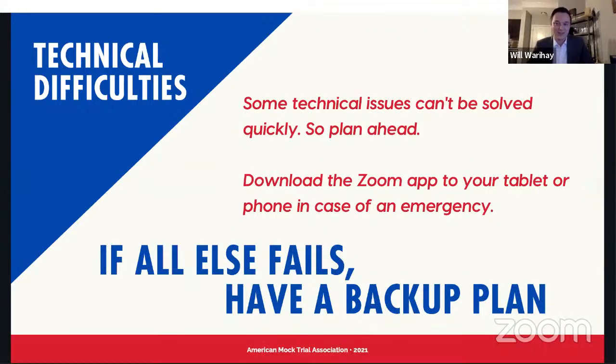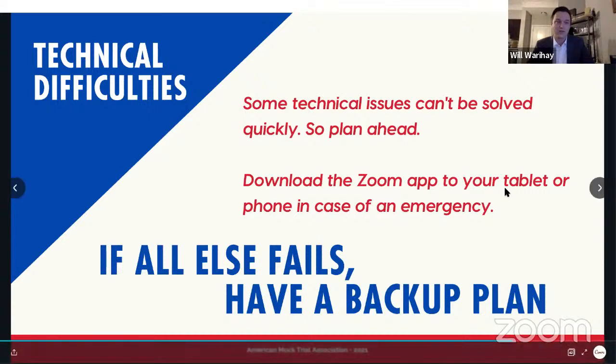Again, like I said at the beginning, take a deep breath. Almost certainly technical issues are going to happen, and almost certainly tech issues can be solved by making sure that you're prepared and that you've planned ahead. Make sure you download the Zoom app on a backup device like Brandon talked about, if you have that ability, either a smartphone or tablet, anything like that, to make sure that you have some other way to connect to the meeting in a more dire scenario if your computer or your laptop has died. Make sure you have that backup plan to the best of your ability.